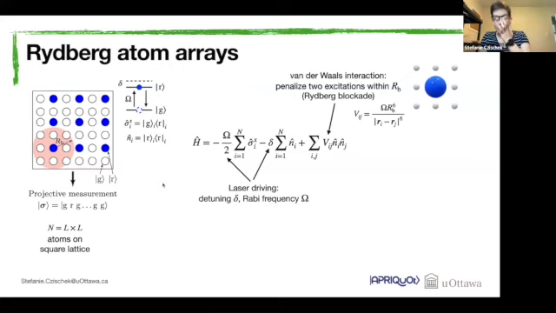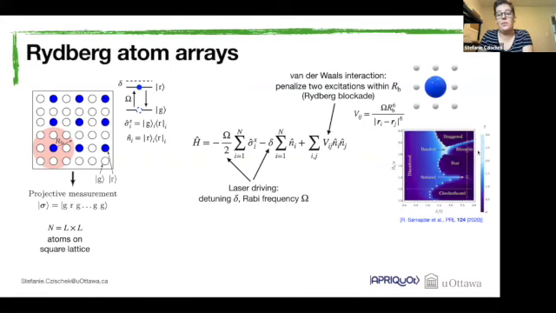The reason why people started looking into these Rydberg atom arrays is that from theoretical or numerical studies, they have found that if we tune these different parameters in the Hamiltonian, then we can prepare the system in a huge variety of different phases of matter, which are separated by different kinds of quantum phase transitions. And so there's a huge playground for theoreticians to explore all these phases and all these phase transitions. So there's still a lot to find out about these systems just theoretically.